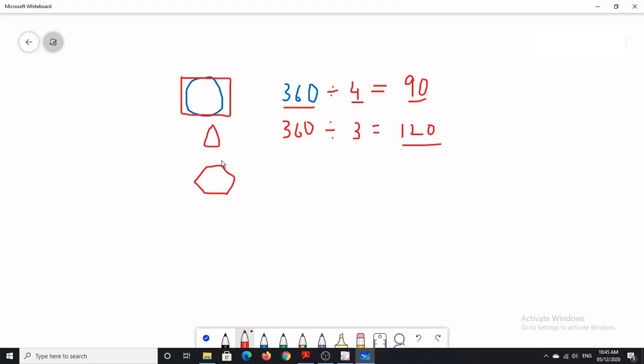Okay. So, if I want to draw this hexagon, again I will divide this 360, because the total turn of the turtle is 360 and I am going to turn only 6 times. So, I will divide the total turn by the number of times the turtle has to turn, that is 6, which is equal to 60. So, to draw a hexagon, I have to turn the turtle by 60 degrees.